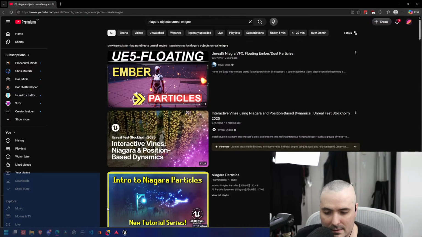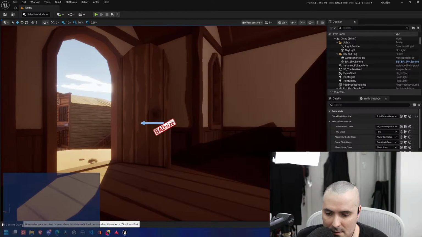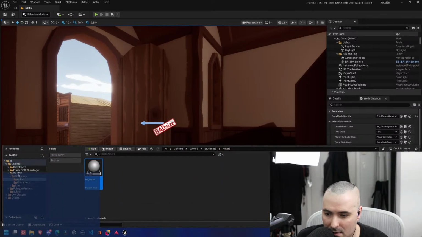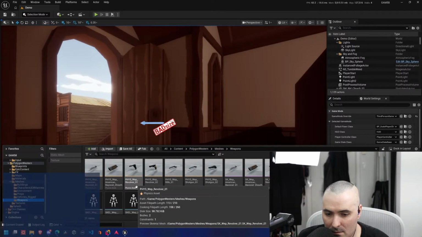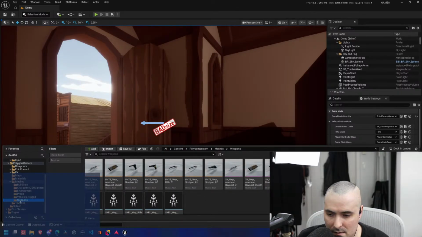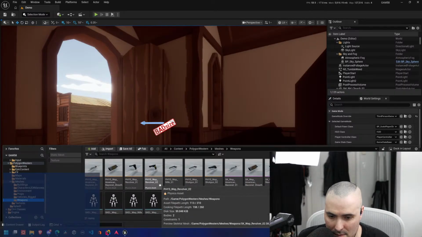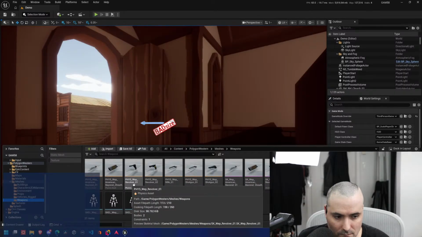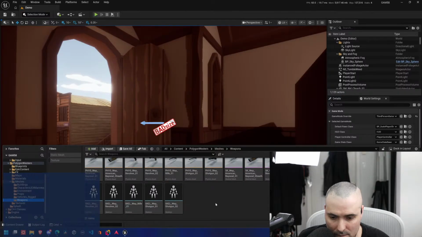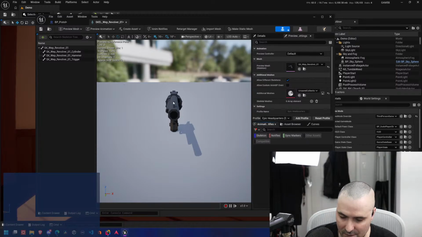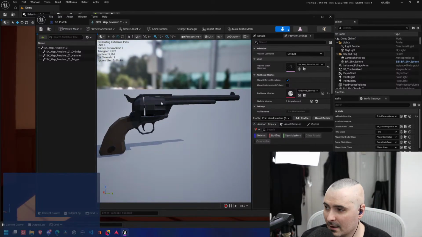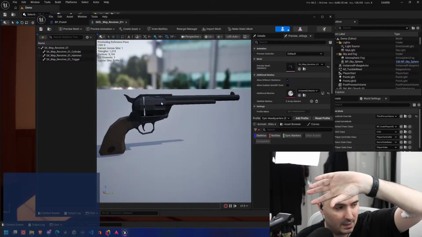So what I want is to take this, when we go to meshes, go to weapons, and we want to take this revolver, say, and we want to have it bounce up and down and turn.